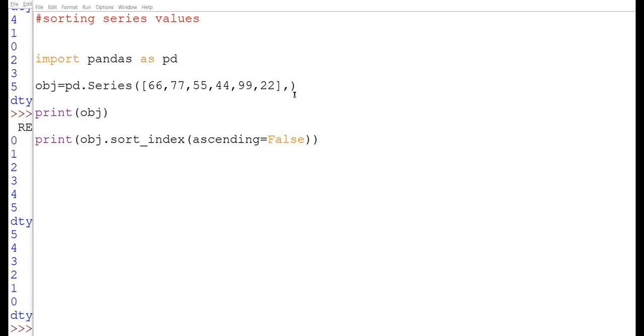Okay, random index means, suppose here I am taking the index value also. Index is equal to,